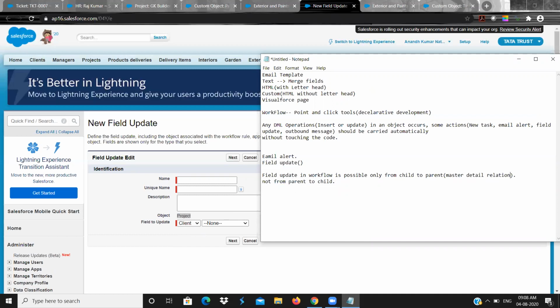Because in master detail the parent record is mandatory, so all the records will have their own parent. No child will be left with null parents. So in that case only, field update is possible in master detail relationship, that too from child to parent, not from parent to child.